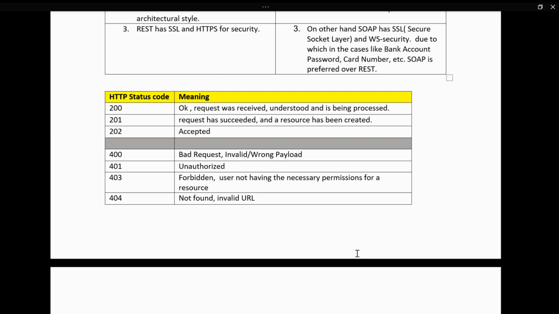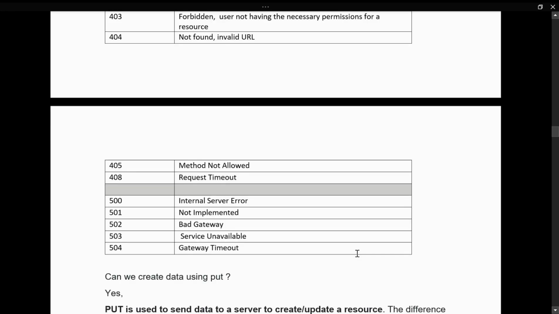And 403 is forbidden, meaning if we do not have any permission and we are accessing the resource, then it throws 403. And 404 means not found, invalid URL. We can say that if we are passing an invalid URL, at that time it throws 404. After that, 405 means method not allowed. Suppose that we are having a POST call and we are using the GET